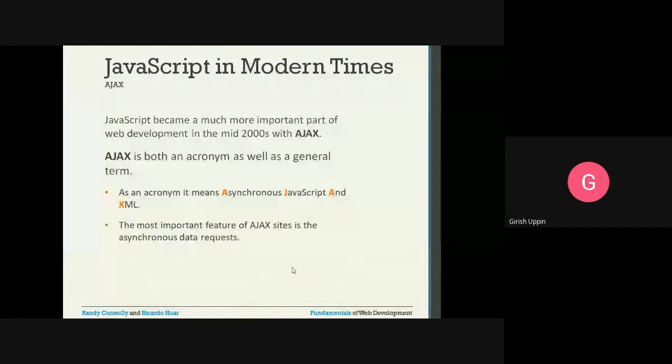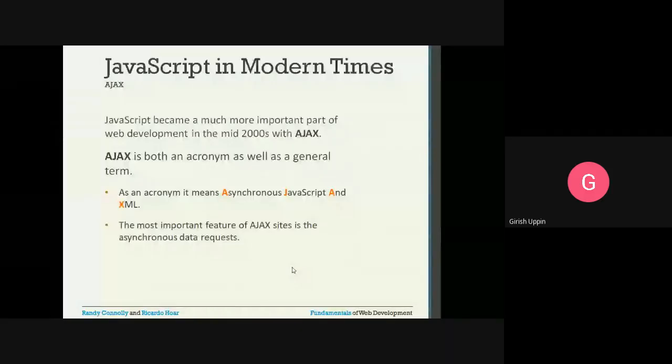One way is to request the complete page from the server, and the server responds with the updated temperature in the complete HTML, and you render that on the browser. That is one way of doing it, which will make the browser very slow. The other way is you just need the temperature. The rest of the information shown on your web application will remain as is. It does not require any reload. Then what we can do is send an asynchronous request.